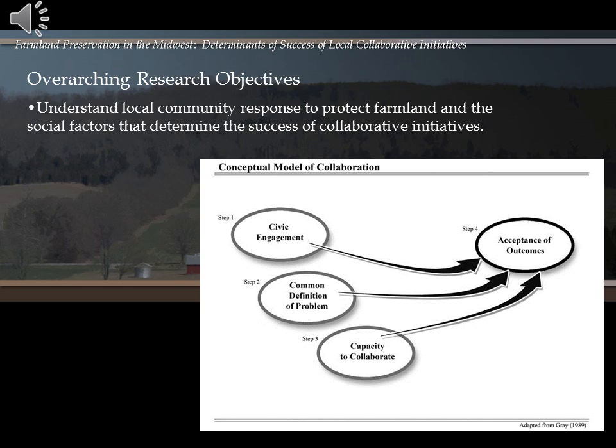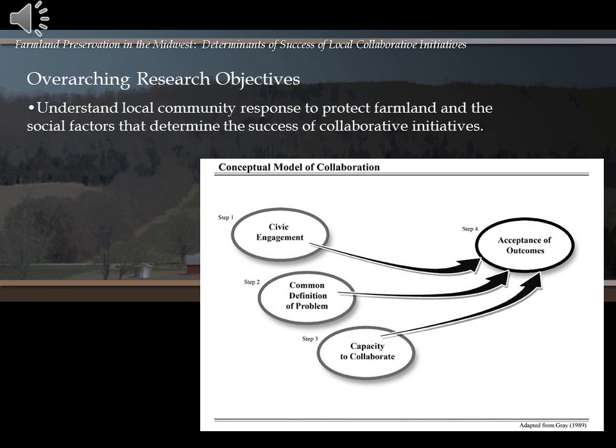Based on the model of collaboration at the bottom of the previous slide, what I did is that I worked to identify those variables that I thought were really key to understanding collaboration to protect farmland in this community. And for me, what it came down to is that the collaborative process, the reason for going through all of that work, and it can be significantly more work than a top-down approach, comes back around to what is the ultimate goal.